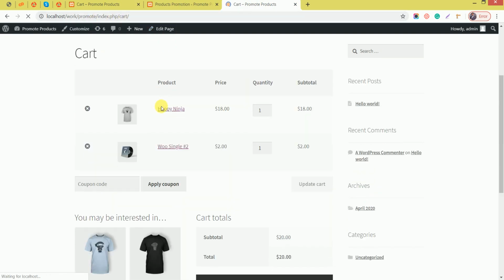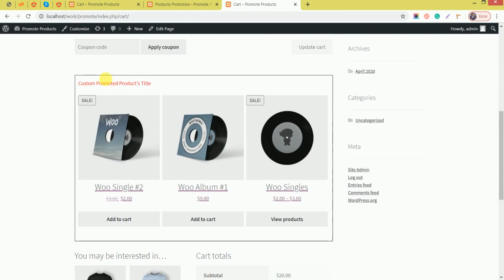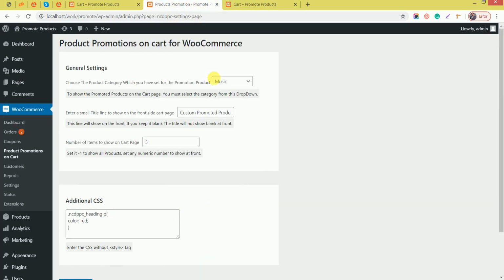Here is the front end side, and you can see this box as promoted products. The administrator can also create a category named promotion, or any category, and choose it from here to show that category's products.